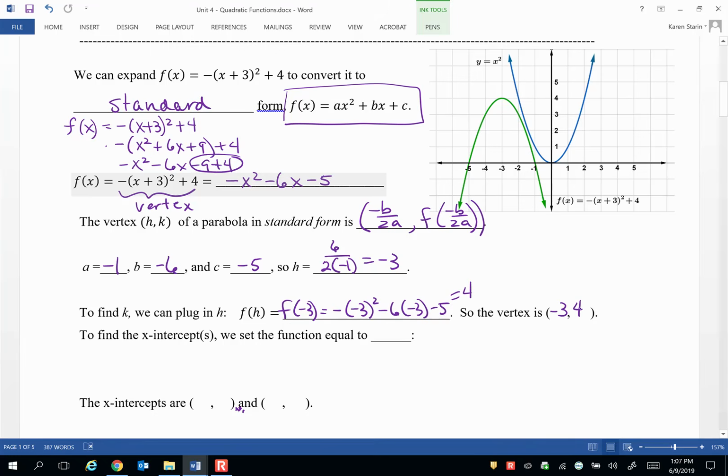So no matter whether you have vertex form or standard form, you're not going to change any information. It's just different forms. But standard form lends us to being able to find the x-intercepts a little bit easier, because we just have to set the equation equal to 0 and solve. So we'll take the standard form, negative x squared minus 6x minus 5, and maybe factor out the leading negative 1 first,